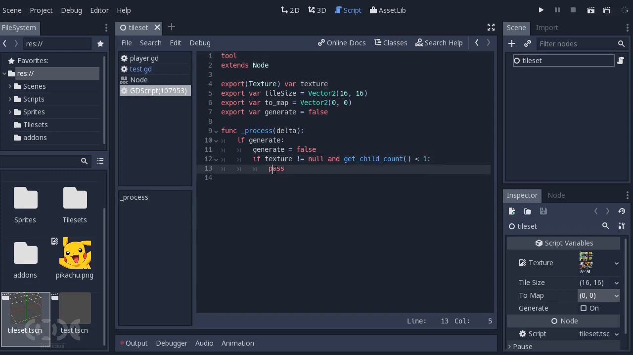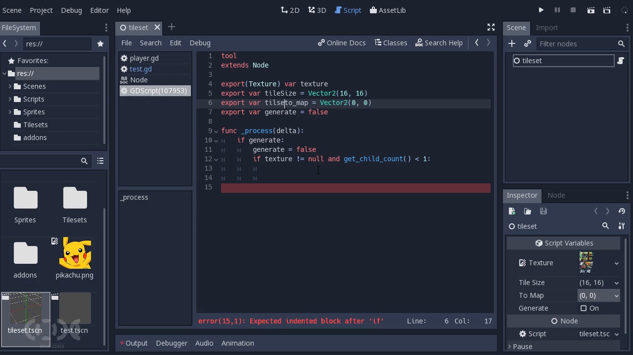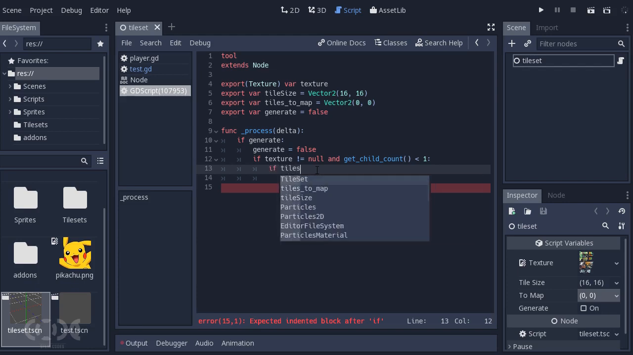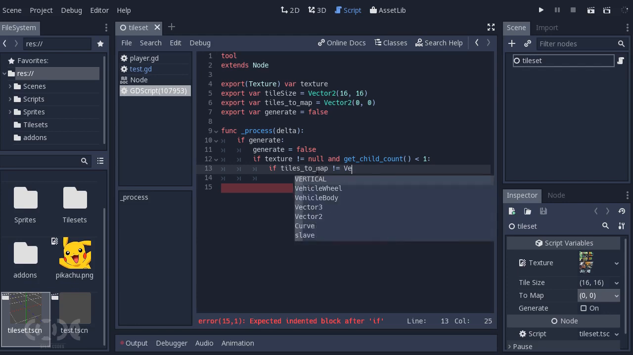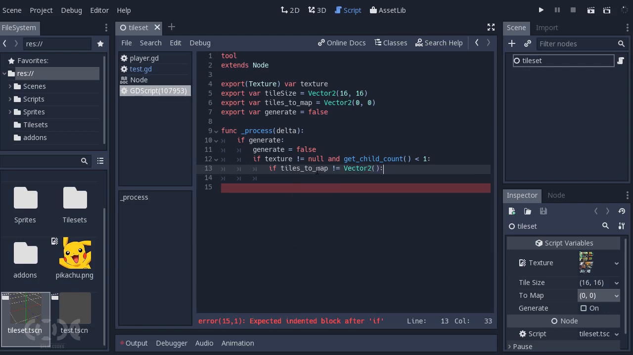And now let's just use, oh okay, let me just change this name to tiles to map. If tiles to map not equal to vector 2, so this is a way of saying if it is not 0, then we can do something, or we can just say if it is completely 0, then we will just say